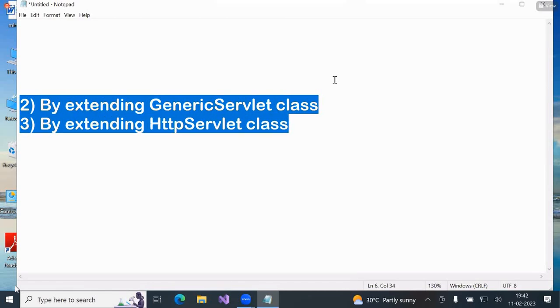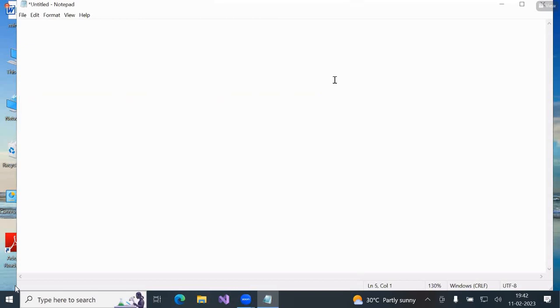But in HttpServlet, there is no method mandatory. You have to select whichever you want. But how to select? That is what I'm explaining, not completed. Okay. See,